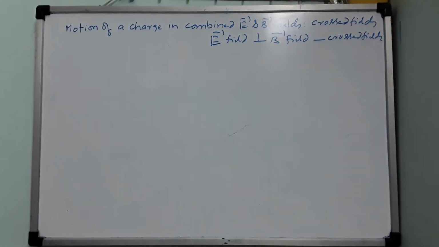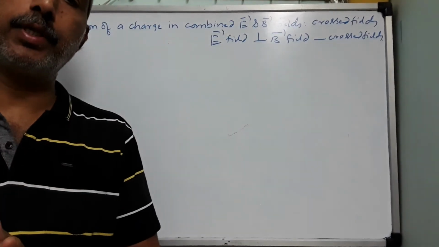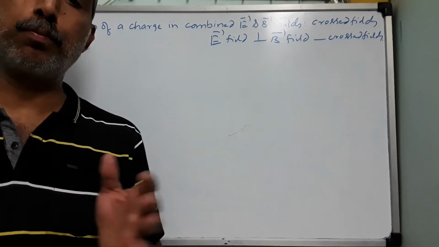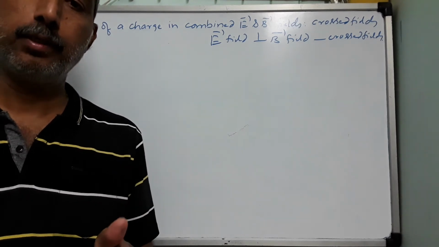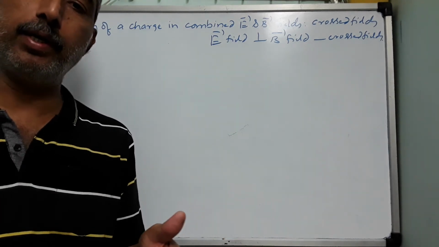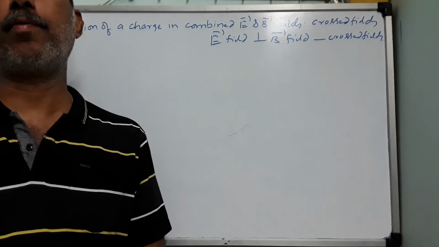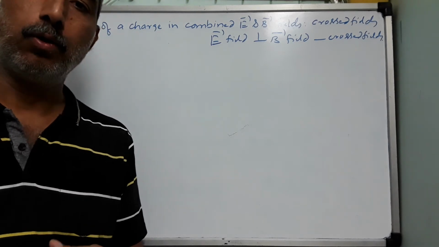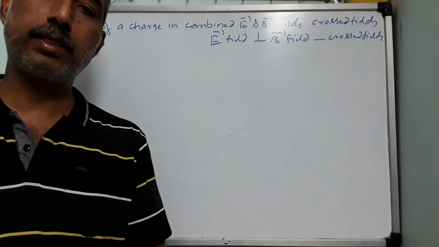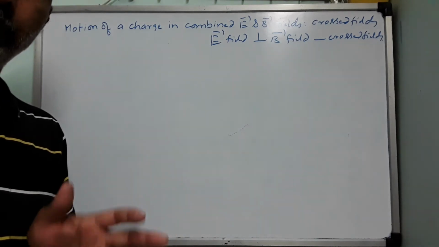Okay, right. That means you have created a region in which there is electric field available as well as magnetic field available. Electric field you are going to produce with the help of a parallel plate capacitor. One plate will become positive, other plate will become negative. So electric field will exist uniformly from positive to negative plate. And uniform magnetic field you are going to create with the help of a solenoid. You will take a long solenoid whose length is large as compared to the diameter, and when you pass the current along the axis of the solenoid, there will be a uniform magnetic field. So in a region, you are creating these two fields simultaneously.